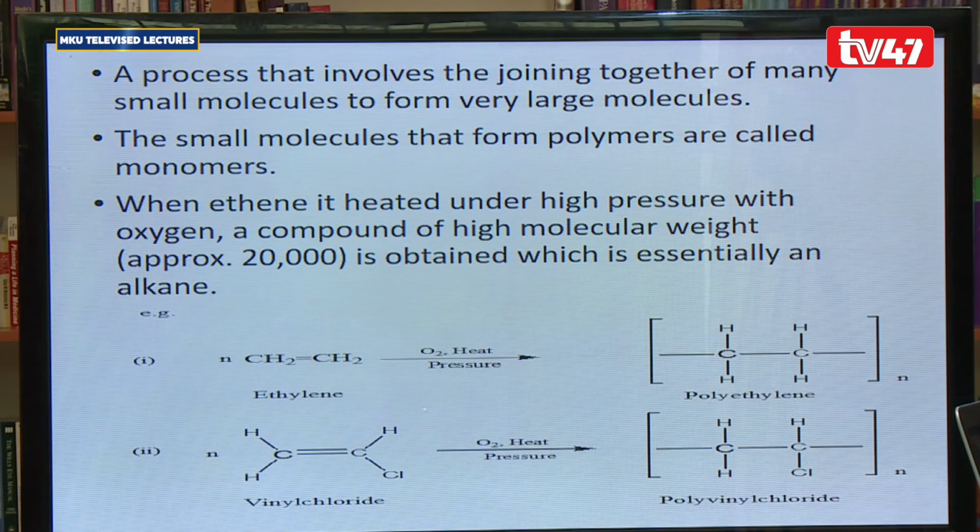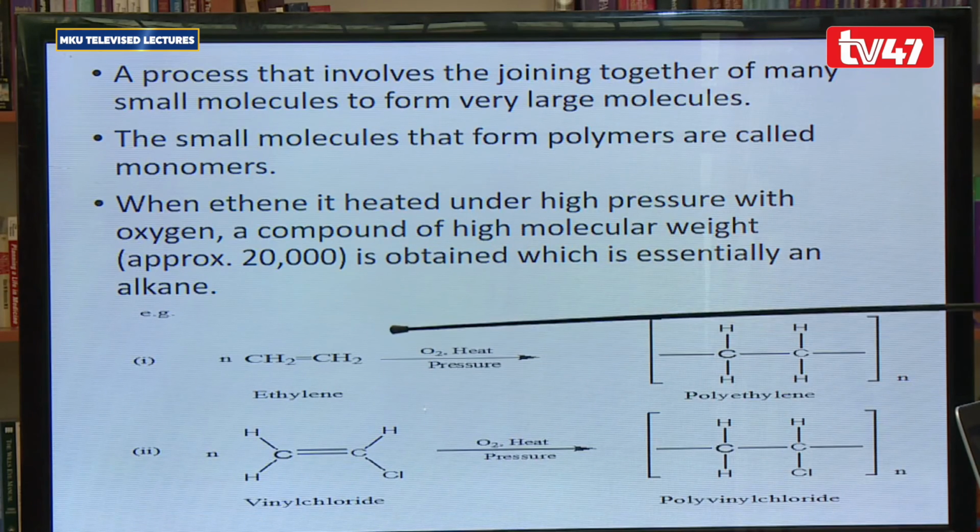This process of polymerization is very important in chemistry and in industrial chemistry, in that most plastics and related compounds, which have found major applications in industry, for example, in the formation of polythene papers, polythene bags,